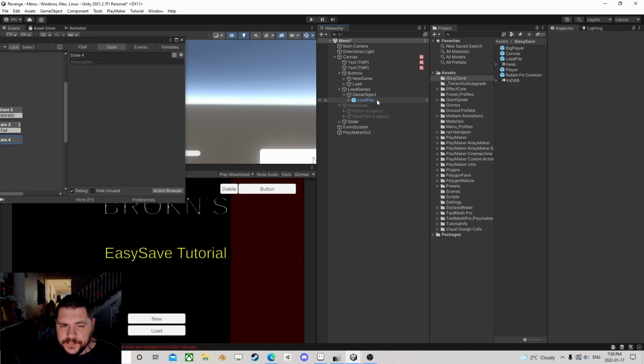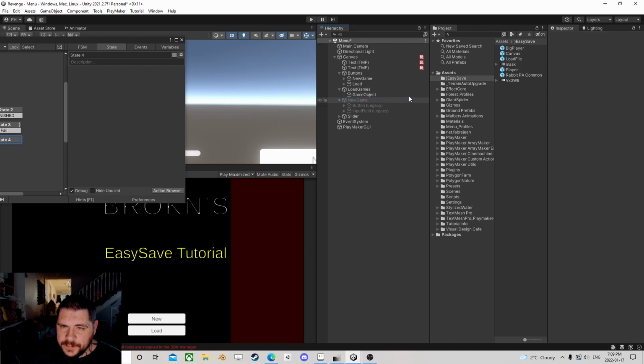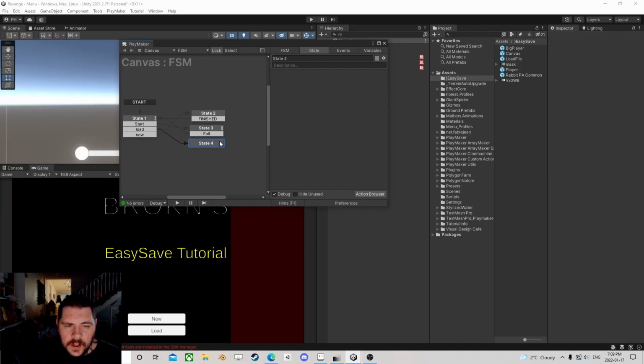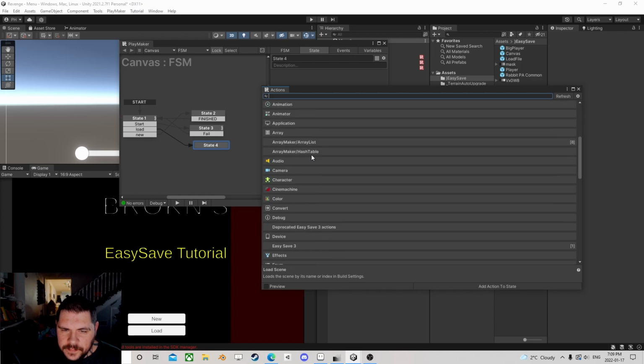Perfect. But it has no logic on it. It's just more or less a button with another button inside. So what we want to do is go into EasySave